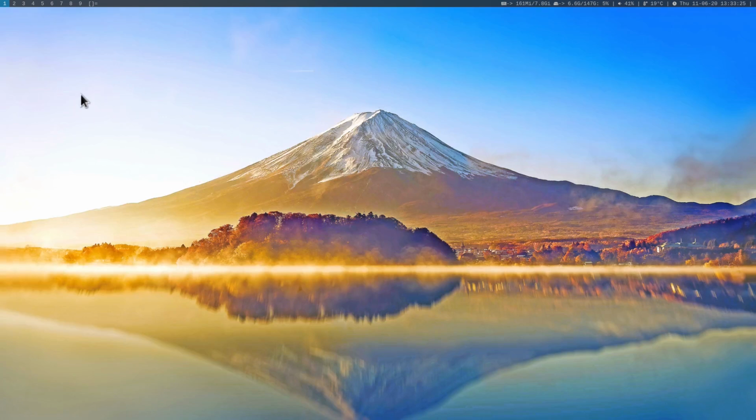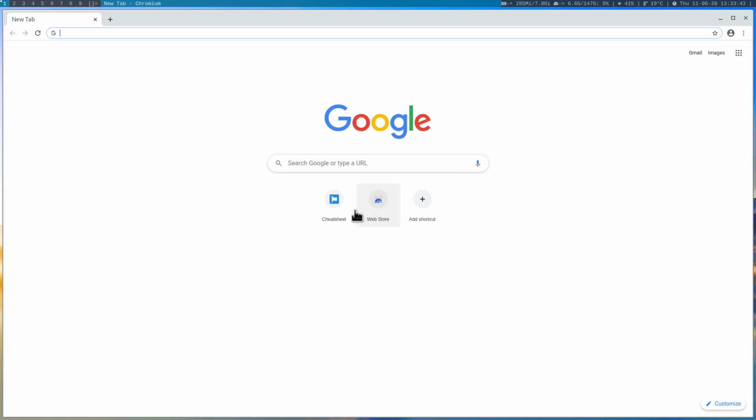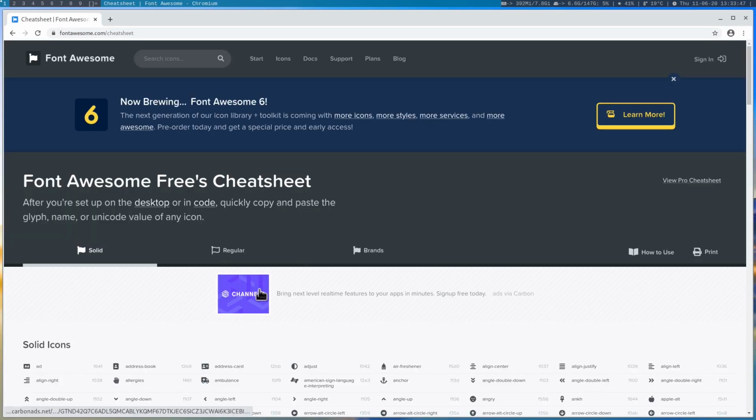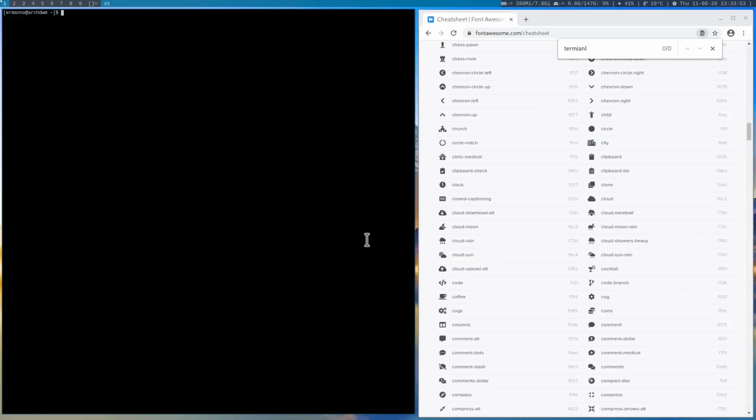And the last thing I want to customize here is the tags. Now this is again optional, of course. This is up to preference, but I'll open up again Chromium. And I go to the cheat sheet again, and I want to search here for the terminal icon, which is right here, and open up the terminal, increase the font size, and I'm going to type in here cd dwm-6, and I'm going to open up the configuration file. So I'll type in vim